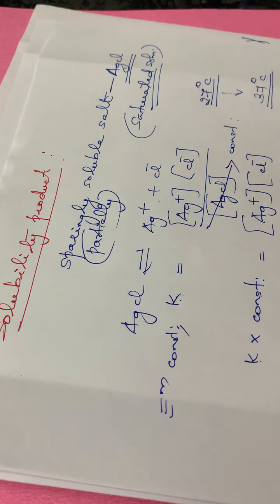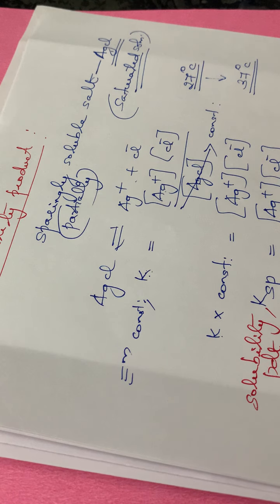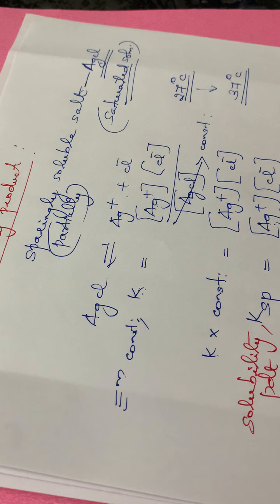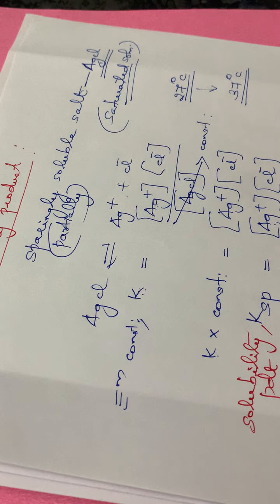Suppose we are taking 50 ml of water, and we put some amount of salt in it, and we are dissolving it. At first, the salt will be completely dissolved. Then we increase the amount of sodium chloride in that solution, adding much more to it. And again, for some time it will dissolve. Then a particular condition will be reached where no more sodium chloride will dissolve, that is, some sodium chloride will remain undissolved at that particular temperature.